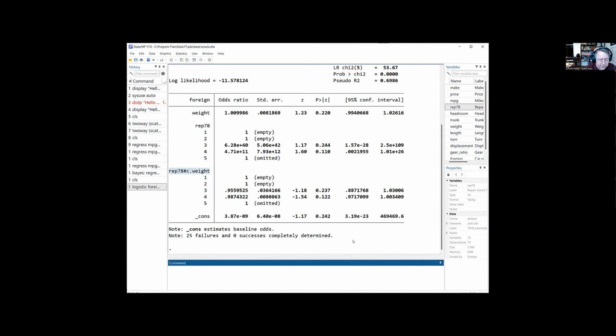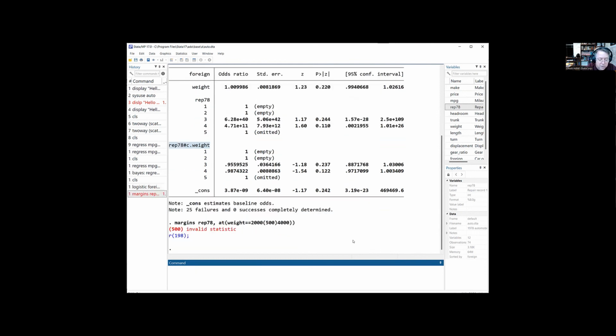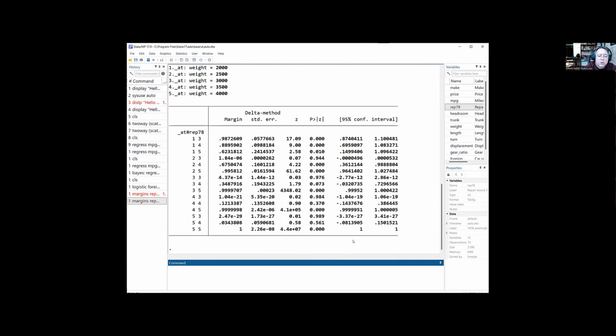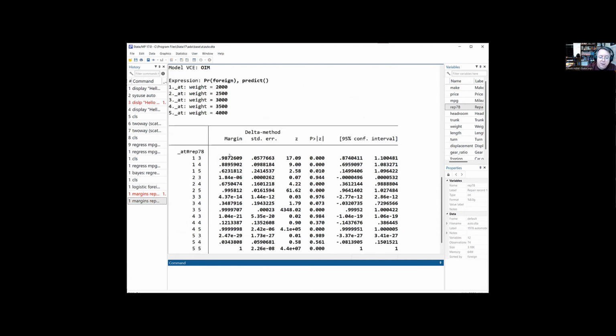And what you can do is after you fit models, you can in Stata type margins, and then I want to see rep78 at, this is not a very good example, weight equals maybe 2,000 pounds in increments of 500 to 4,000 pounds. And I've made a mistake. Oh, I think I don't need the double equals here. Oh, wait. That's what I needed, I think. Yeah, there we go. So what this does is it calculates the expected or the marginal